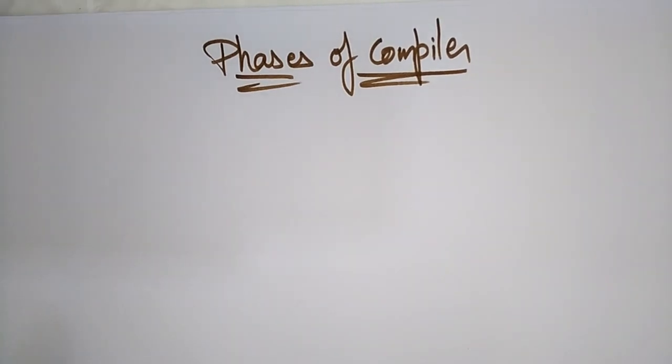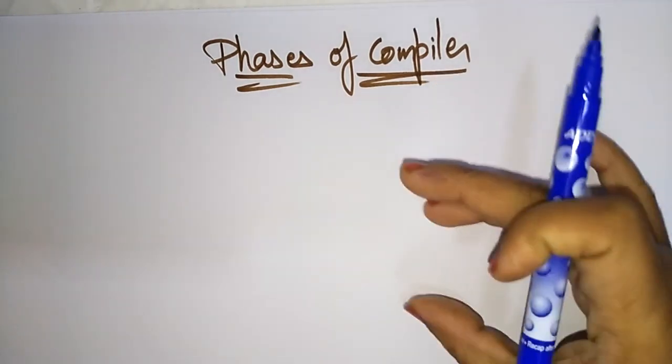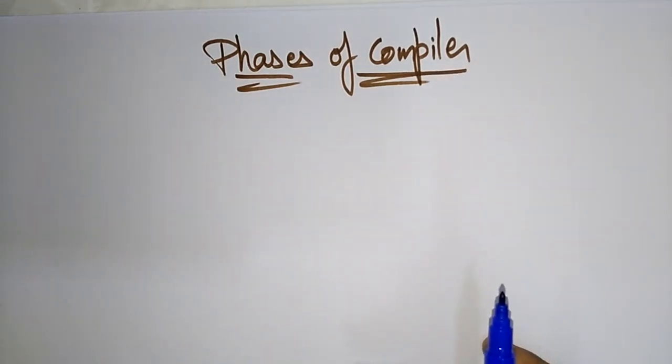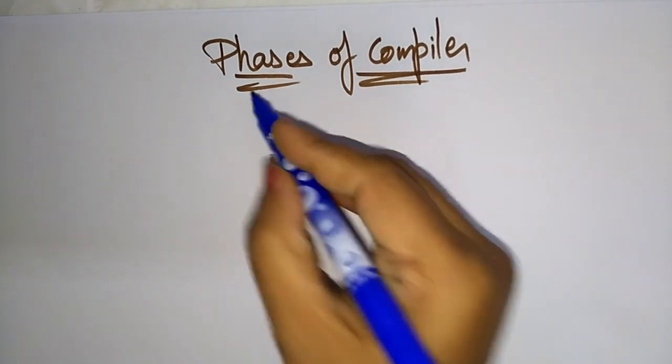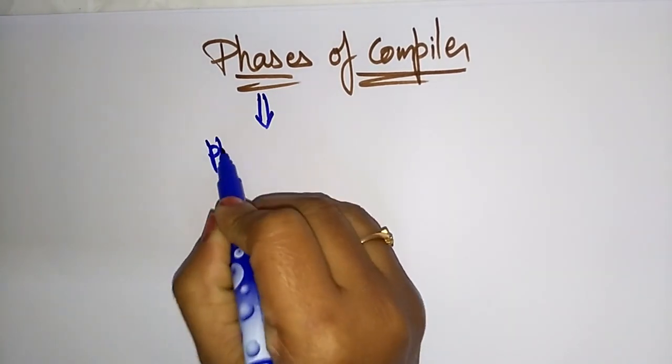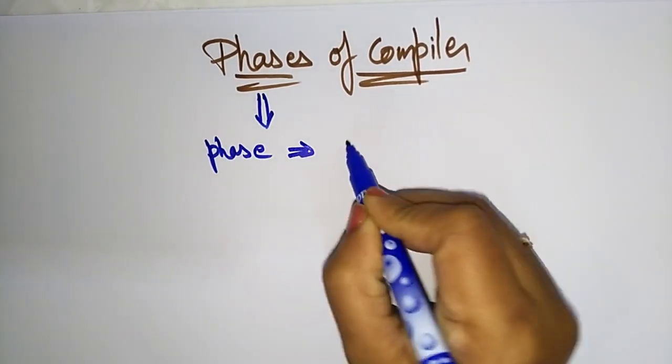Now let's take only the compiler part. What are the phases present in the compiler? The compiler operates in phases; it has different phases. So what exactly is a phase? A phase is a